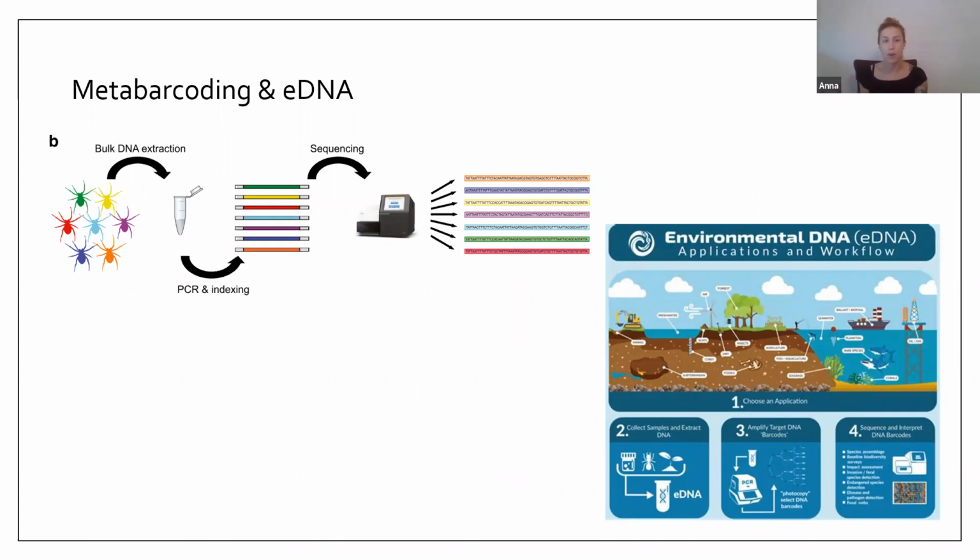So especially appropriate for collecting these massive samples of arthropods, metabarcoding has emerged as this method where we can extract DNA from a whole community of insects and take all that DNA, amplify for CO1, attach index barcodes, and sequence. And bioinformatically, we can look at how many species, or a rough estimate of how many species are in a community based on a bulk extraction.